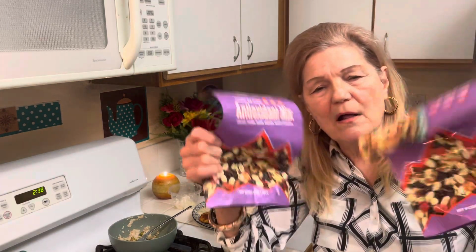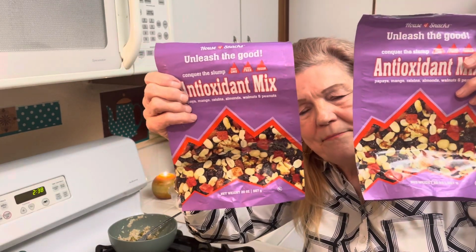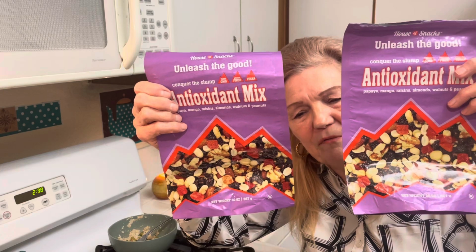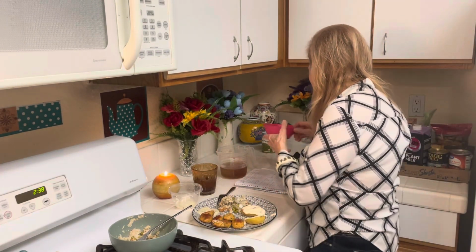These were $10 each. I bought this at Grocery Outlet. I think I'm going to buy 2 more of these. These were really good. It wasn't all peanuts, and so I have this many